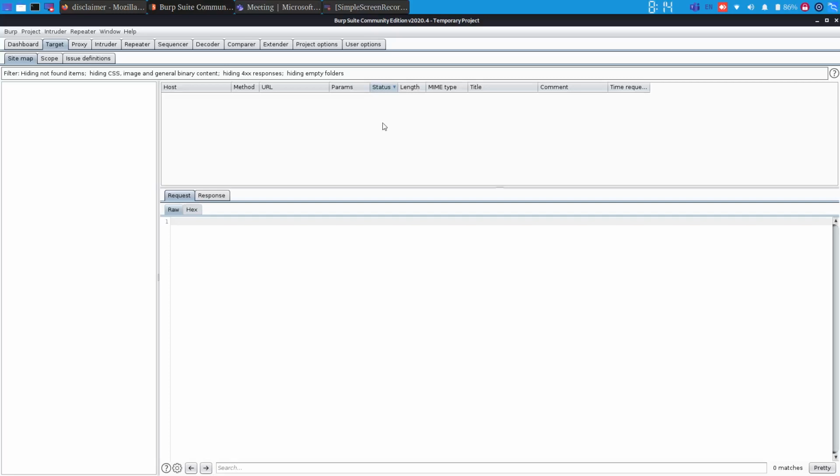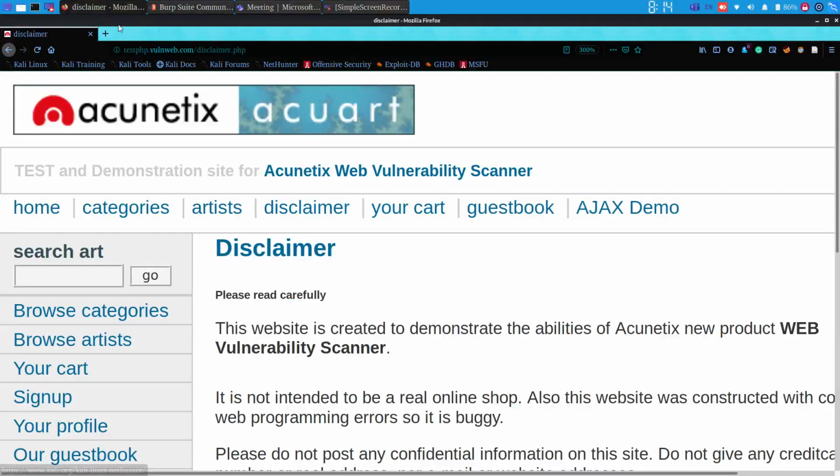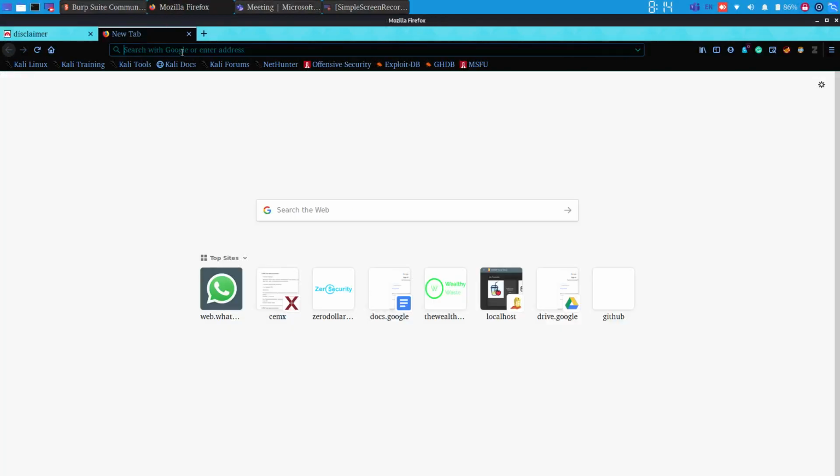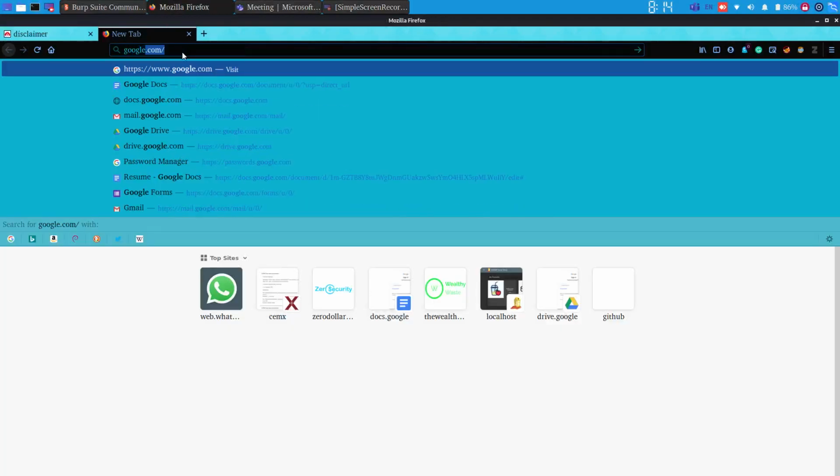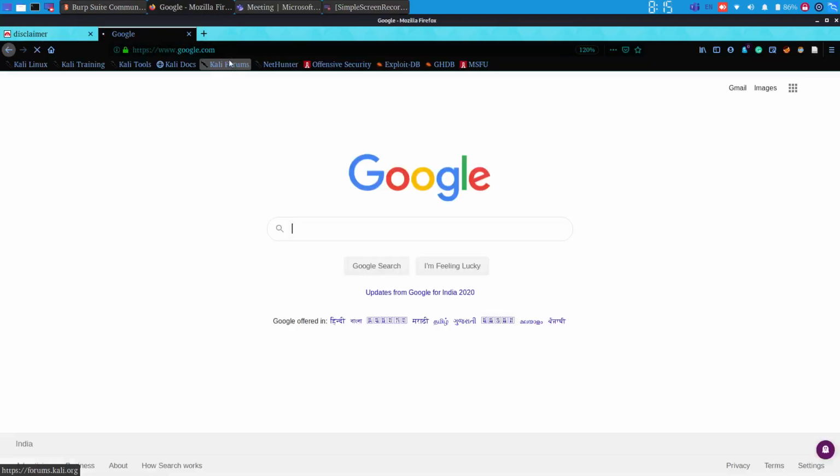So what is a redirection? When you try to open a certain website, you see a change in the domain. Let's see. When I type in google.com, I am typing google.com, but when it opens, it refers me to https://www.google.com.